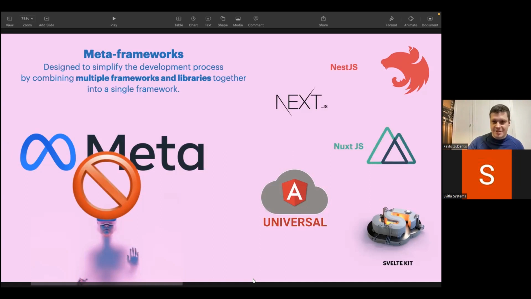So let's name them. The first of them is Nest.js. It's definitely not all the meta frameworks. It's just some pretty popular ones.